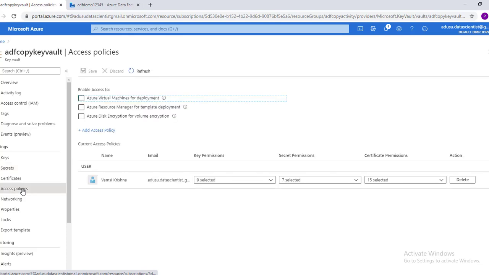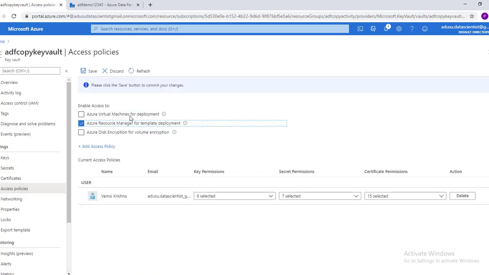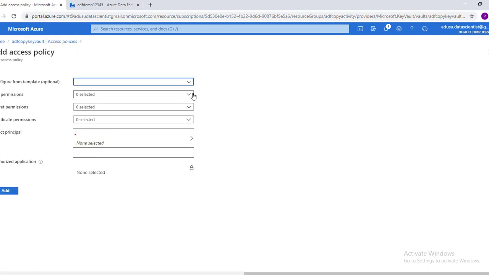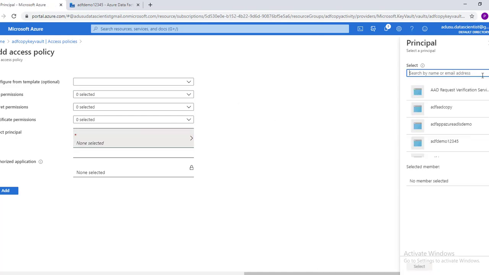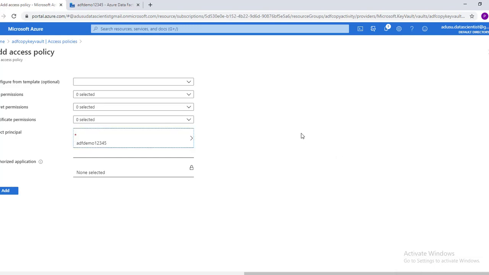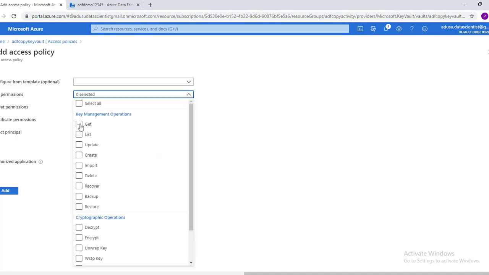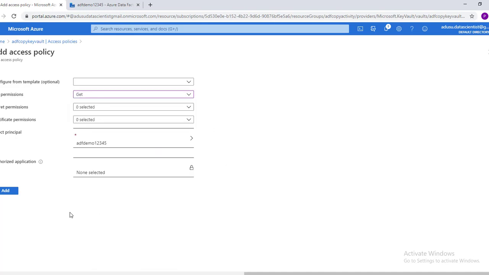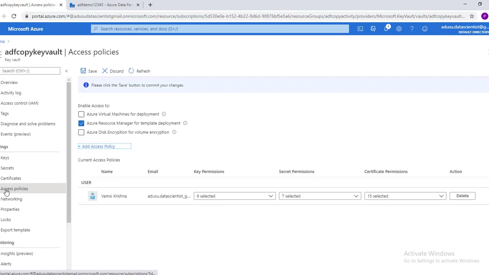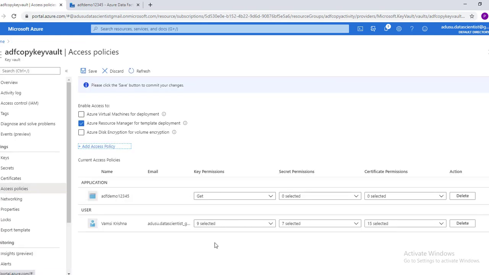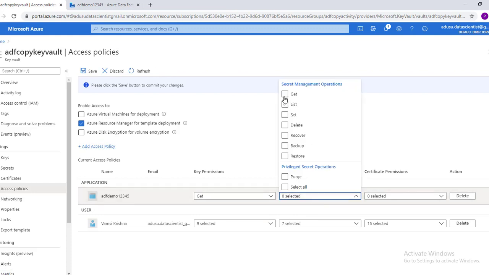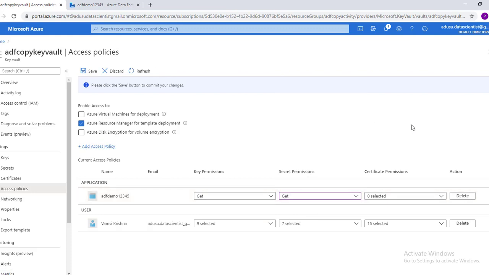We'll go to secrets, access policy, click here, and we need to add access policy to select principal, and here, so this is the data factory, and the permission we need to give is get, add, even secret permission, get, save.